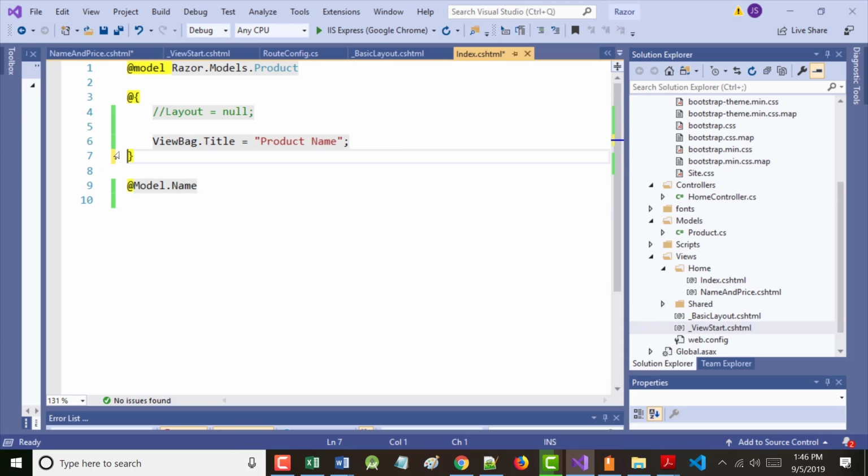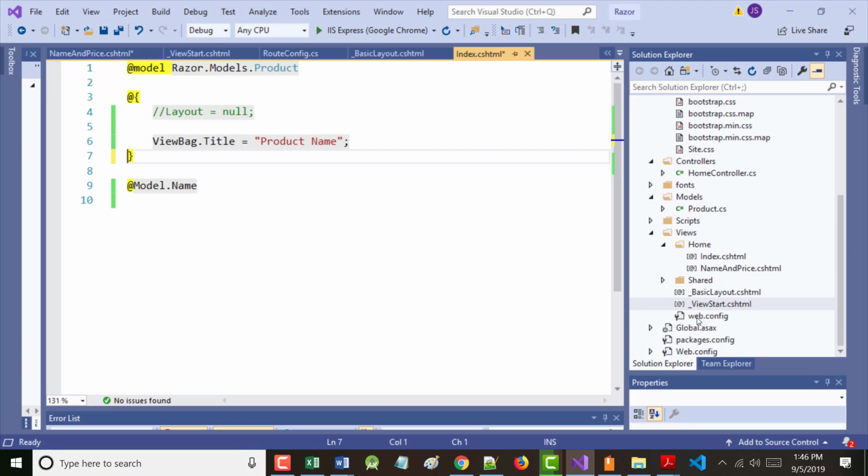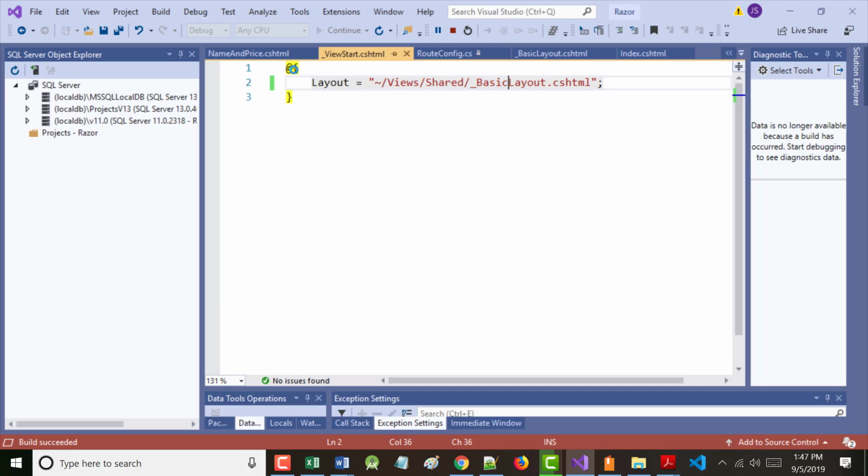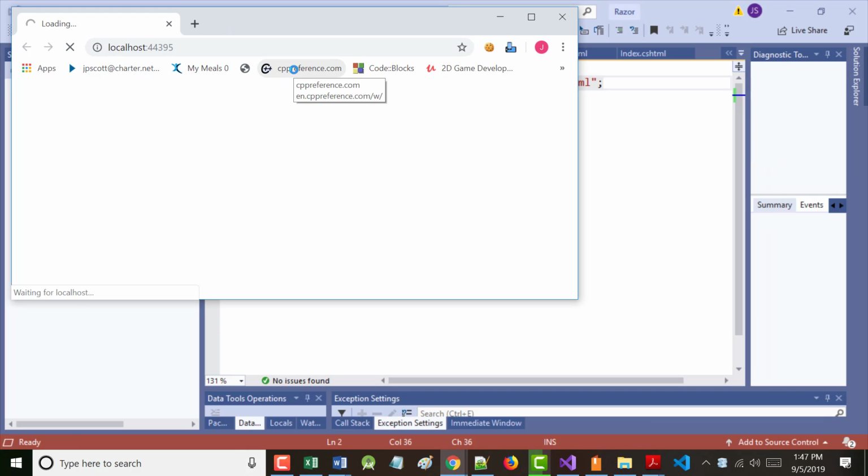They're both gone, right? So now I'm going to go down here into my view start. And I'm going to change this to basic layout. See what I did? See the difference? All right, I'm going to save this, and I'm going to run the program again. Is it going to work? In other words, is it going to show me my layout file with a CSS in it? It should. In both of those. In both the one that comes up by default, which is my index,